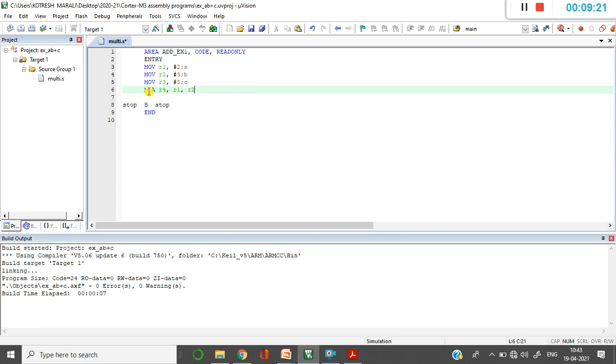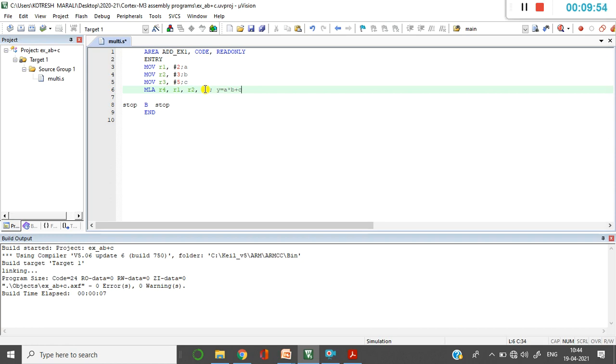ML, so M stands for multiplication. Then later on the register that comes is trying to accumulate. What do you mean by accumulate? It is nothing but add, perform addition. So I will be performing R1 and R2 as a multiplication. Then to the multiplied value, I am trying to add the R3 content. So this is y equal to A star B plus C.